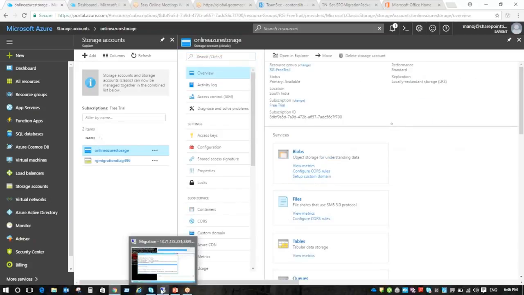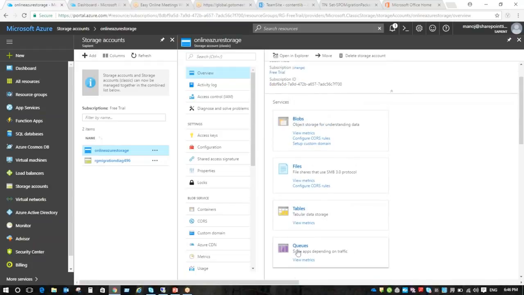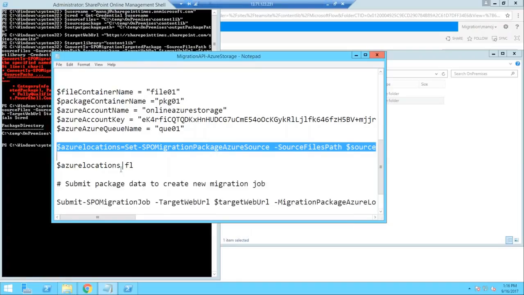Okay, so some storage with some name has to be allocated. Definitely, because this storage has this type of storage, the blob and the queue systems. So we need to place the file somewhere. Okay, so we need those details, subscription ID and everything. Yeah, so that is the only place where cost comes into the picture while using those APIs. Otherwise, there is no cost. The free APIs we can use.